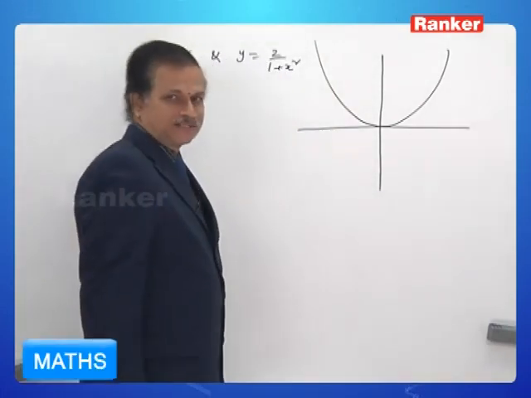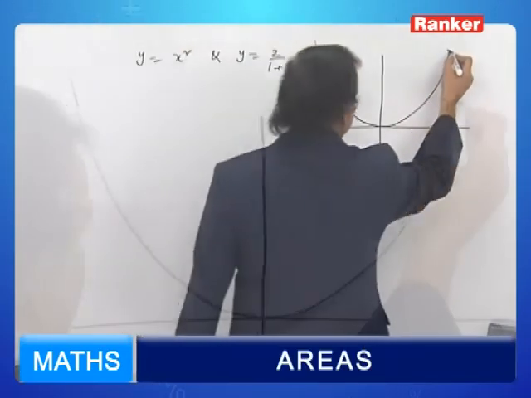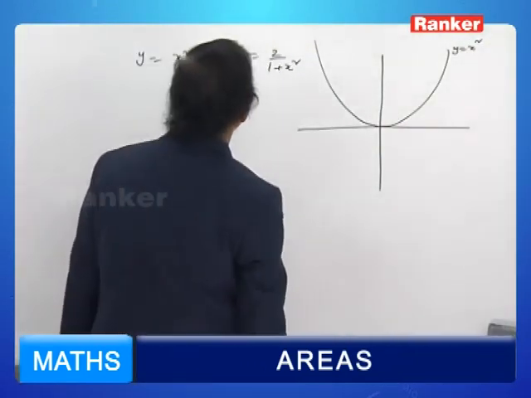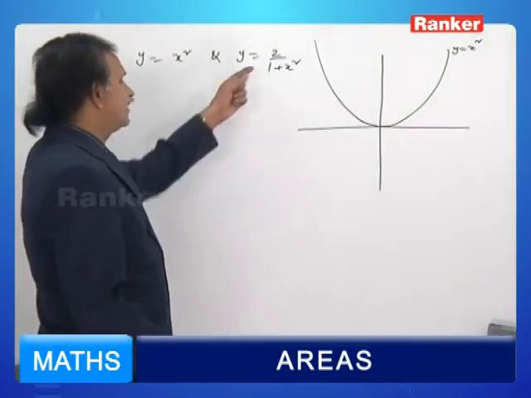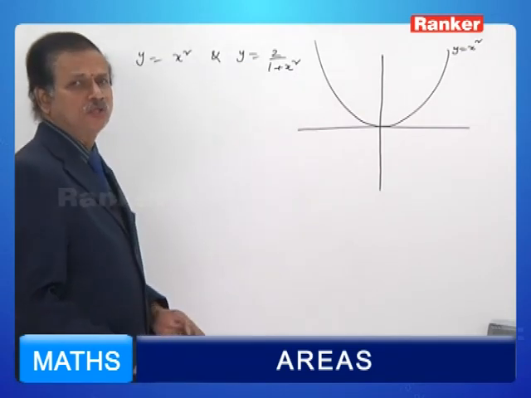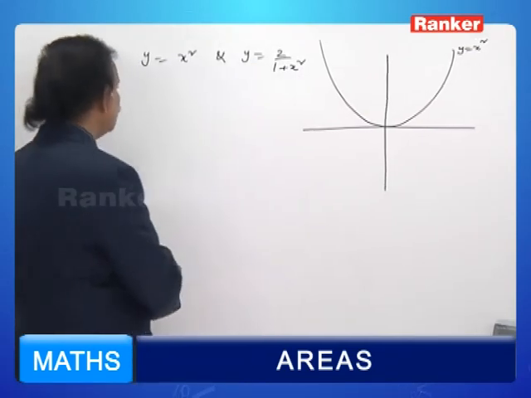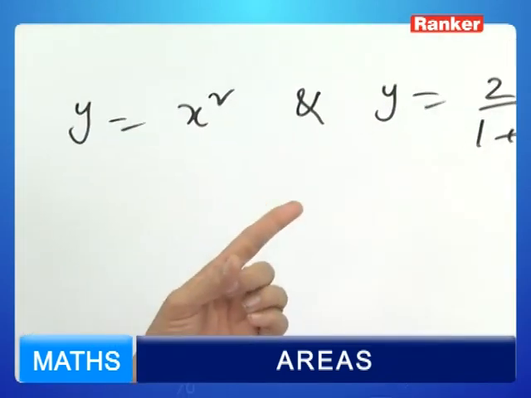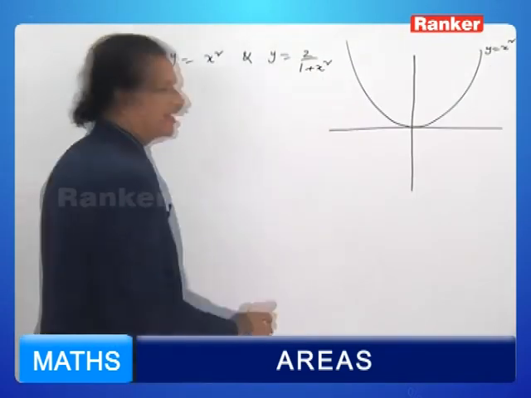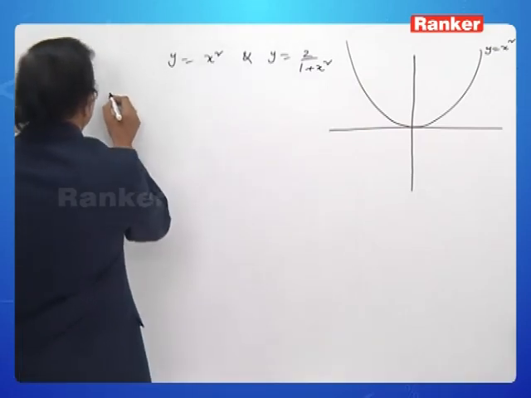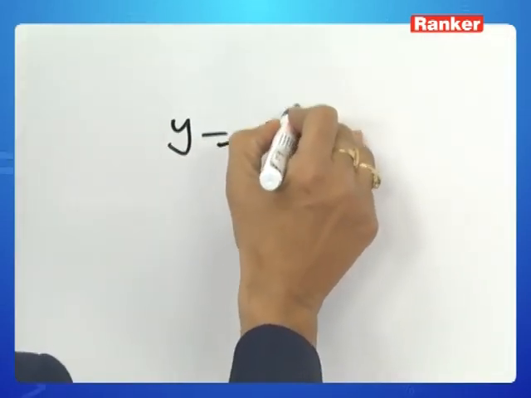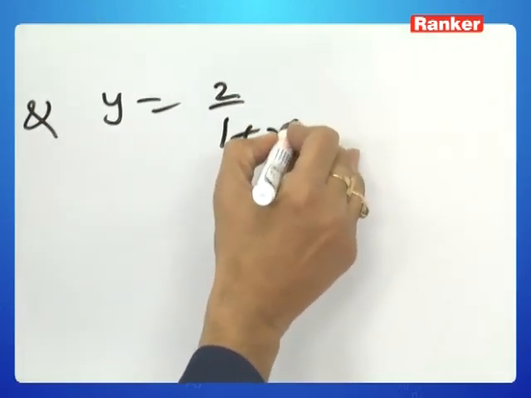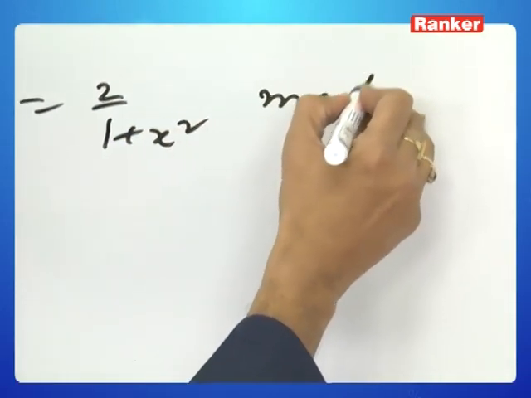This is y is equal to x square, no doubt. This is y is equal to x square, and in order to plot this graph, let us first know where they meet, the points of intersection of these two curves. By knowing that, we can imagine the graph. Look here, y is equal to x square and y is equal to 2 by 1 plus x square meet at